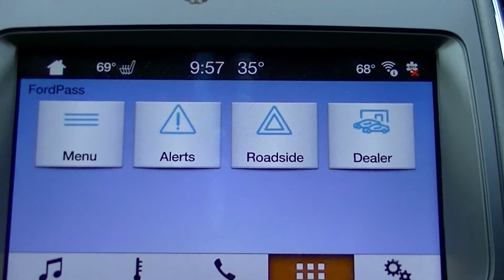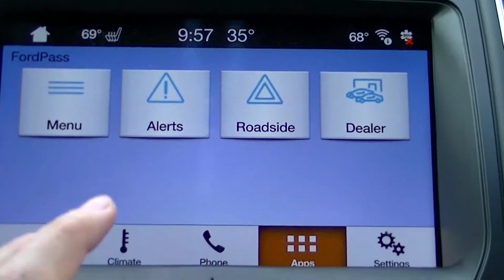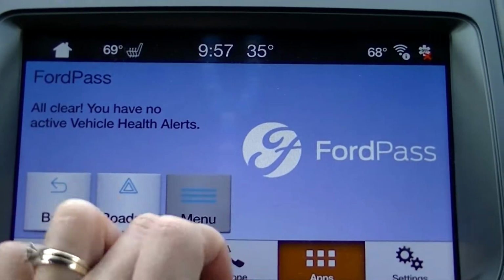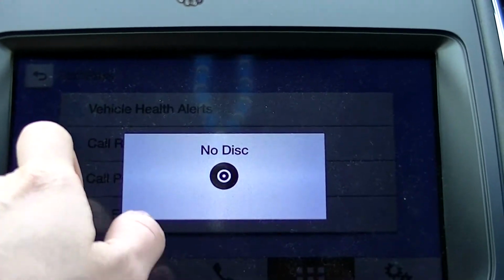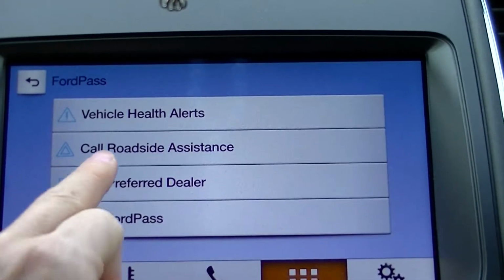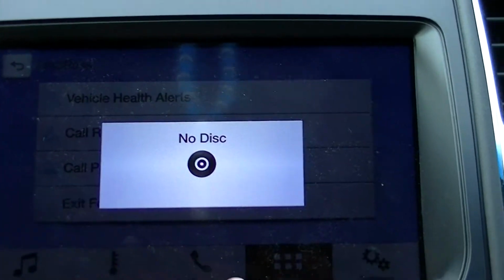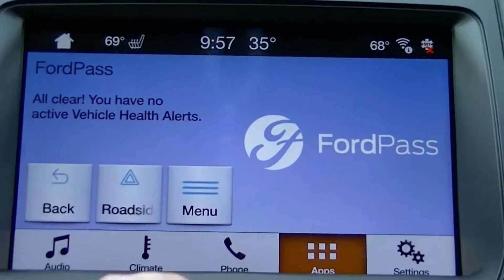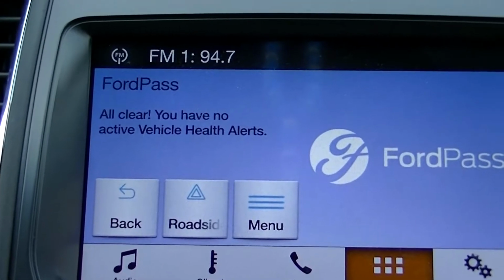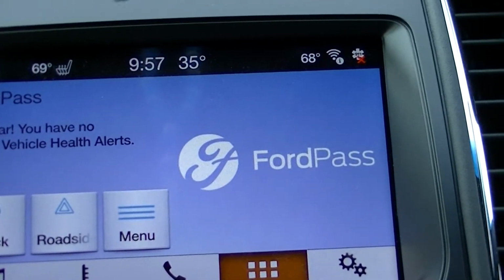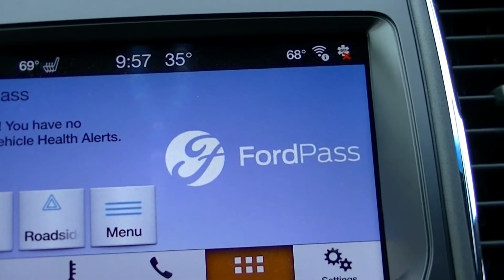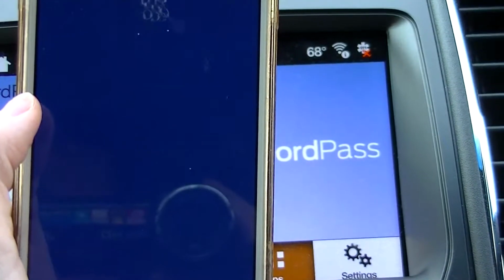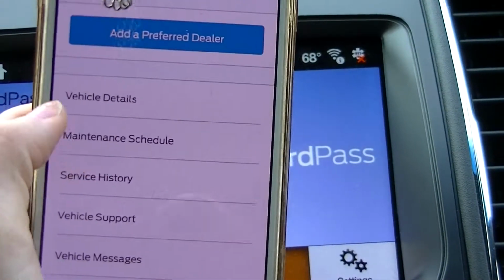Awesome. So here, this is what the screen looks like now. So we have a menu, we have alerts. I don't have any vehicle alerts. If we go back to the menu, oops, I double clicked again. Call roadside, call preferred dealer, exit FordPass. If you call roadside, you can do it directly through sync. So this is what somebody should be seeing when you're up and running. And just to let you know on the app, what it looks like is, on this particular vehicle, vehicle details,